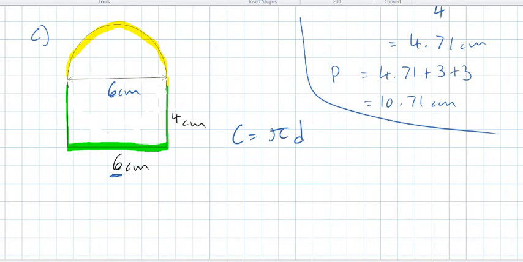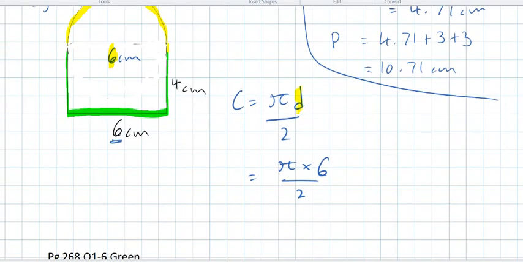So in order to make this half a circle, we divide it by 2. Now putting in our numbers, we have pi times 6. So the 6 is coming from here, all over 2, which is equal to